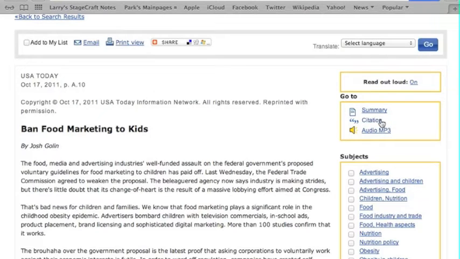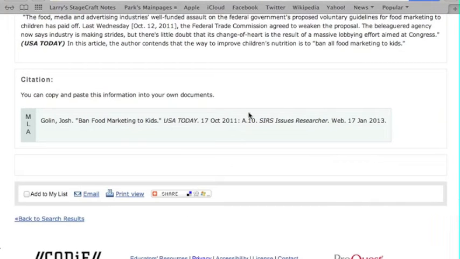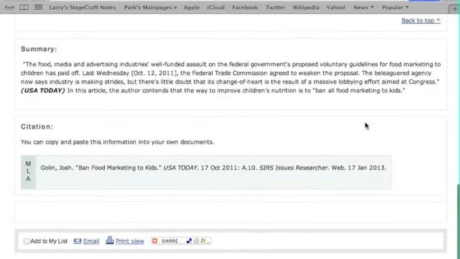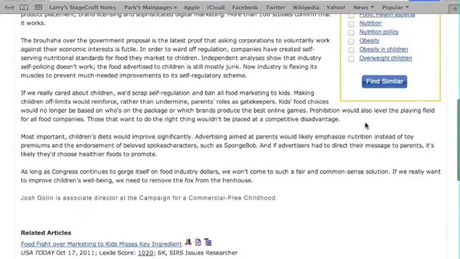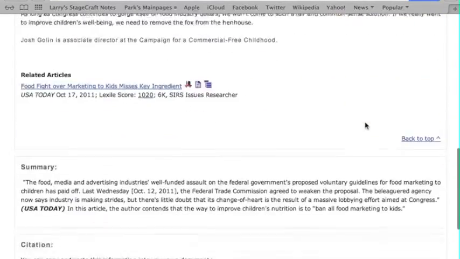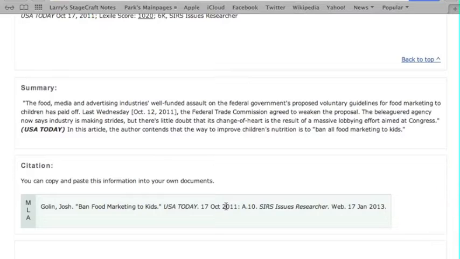Now, each of you is going to be required to make a works cited page, so it's a good recommendation to go ahead and look at that citation. The format that we are using in class is MLA format, so if you copy this information down or include it at the end of your document, then when you print it off, you're going to have this information for you when you make your works cited page, and it's going to make your work a lot